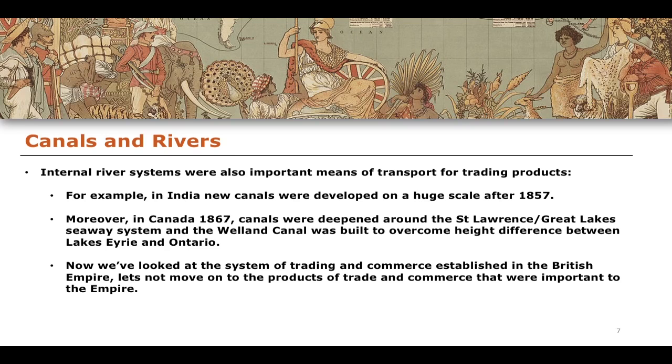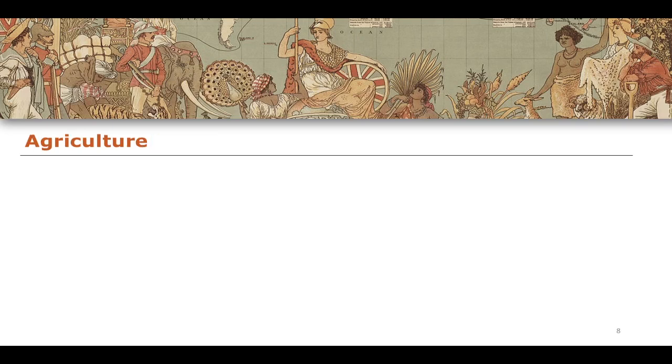And so now that we've looked at the trading system and commerce established in the British Empire, let's move on to now looking at some of the products that were the most important. And we've already explored and explained a couple of these, looking at tea and opium, for example, but let's think about agriculture. So beginning then with the agriculture, the impact of agriculture, the majority of the colonies were naturally